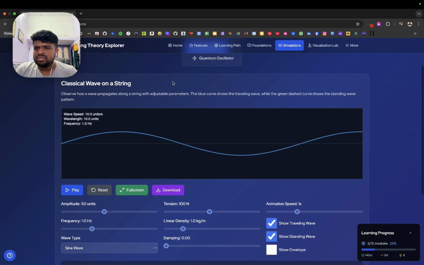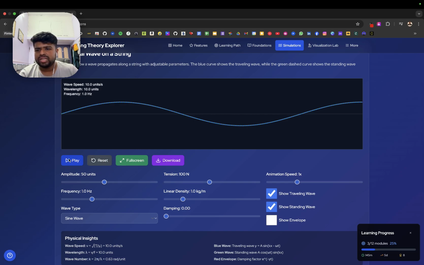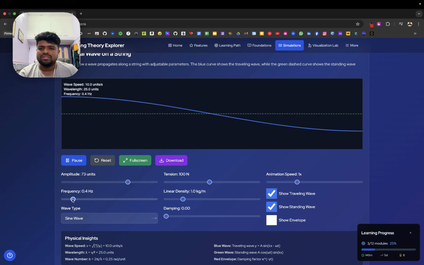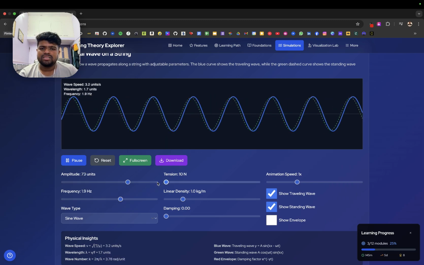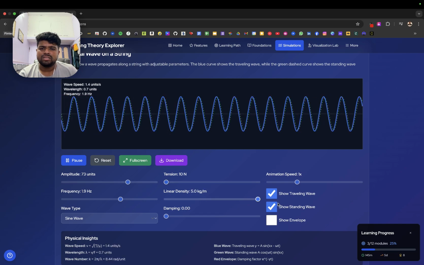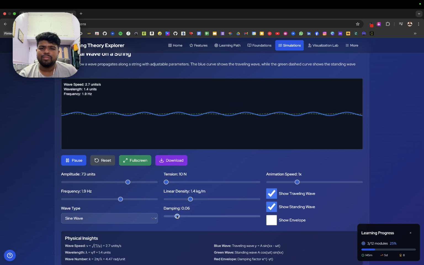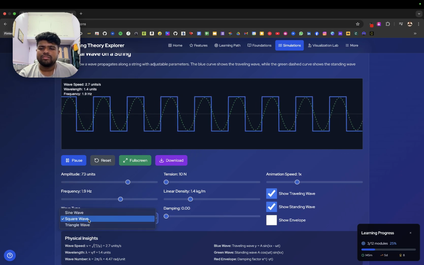Next come the simulations. In the simulation, we are showing classical waves and quantum waves. For classical waves, we can play the wave and we can toggle all this. We can change the amplitude, we can change the frequency, we can increase the tension, linear density is something that we can manage, we can have damping,